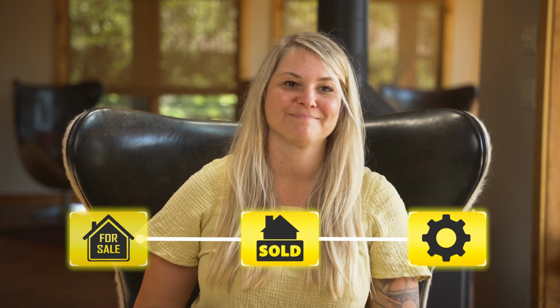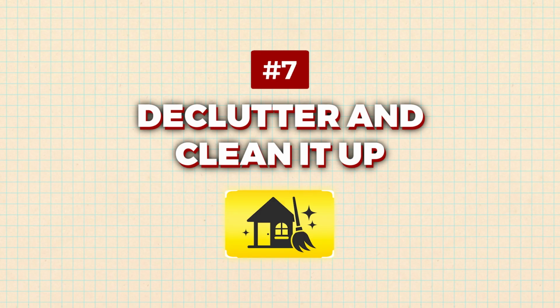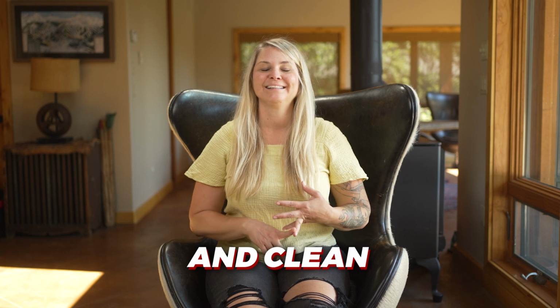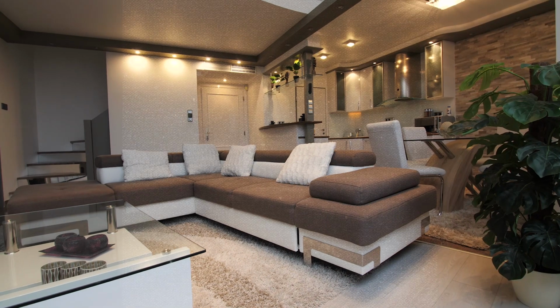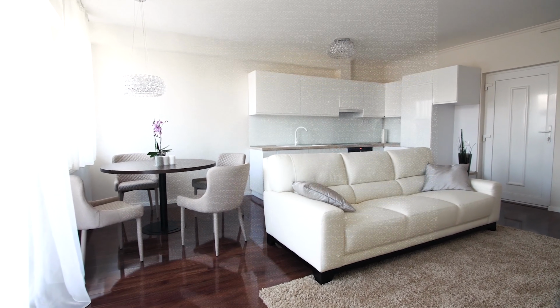The last tip I have before selling your home is to declutter and to clean it up. Whenever you have something that's listed for sale, you want to make sure it's nice, shiny, and clean, and that people can imagine living there. When it's clean, they know that you've taken care of the home, and it makes them feel more comfortable when